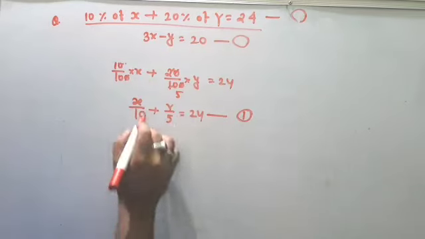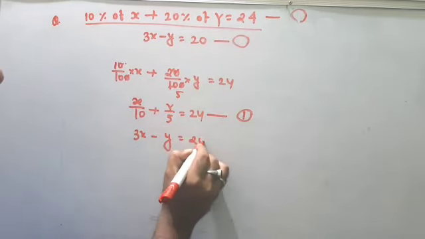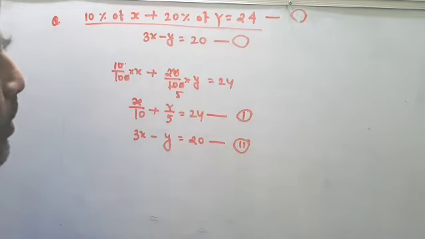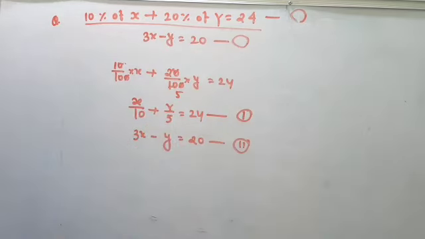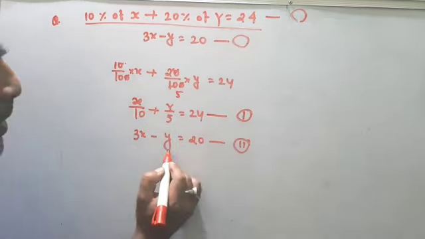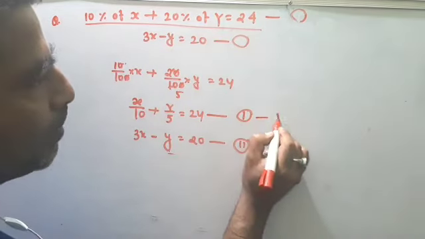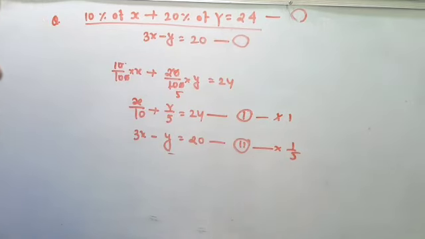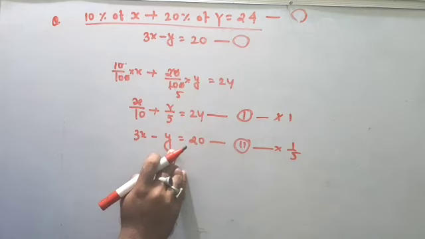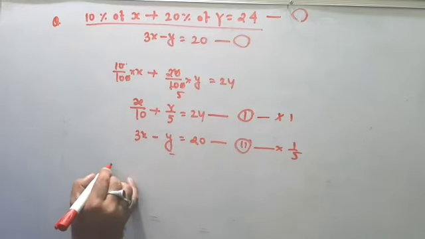And this one, 3x minus y is equal to 20. This is your second equation. So what do you do? Which one do you cancel? Again, this is an opposite term, that's why I cancel y. So multiply this y by 1 by 5, then it makes y by 5. So here you multiply by 1 and here you multiply by 1 by 5. So y into 1 by 5 is y by 5. So the equation looks like this: